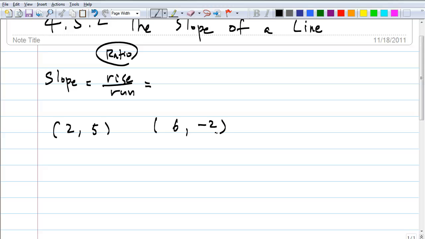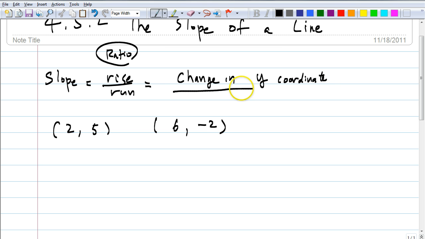Wait, so you get the y2 and y1, and then you put that over x2, x1, and you subtract. Okay, that's right. Good. In other words, what does rise over run mean? It's a difference in what? Change in what? When you have rise, change in which coordinate are we talking about? Owen? When it's going up and down, which coordinate tells you that? Yes, y. So change in y coordinate